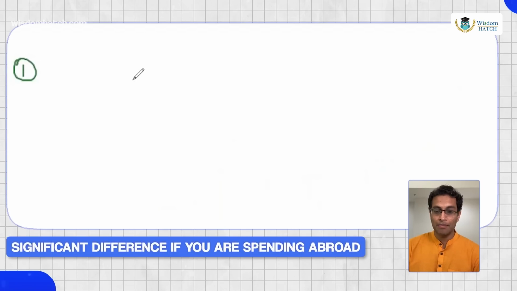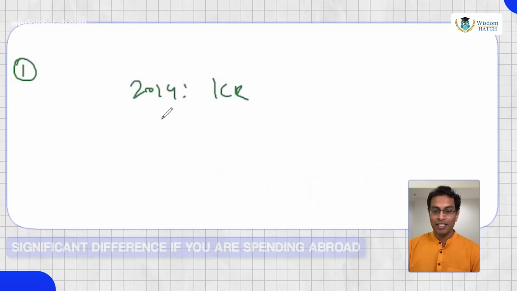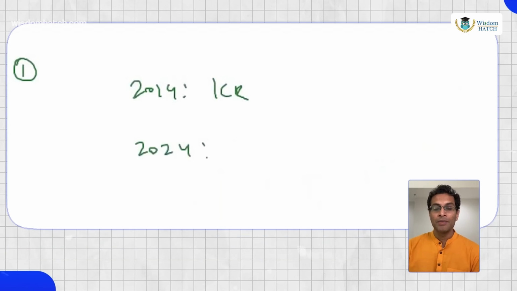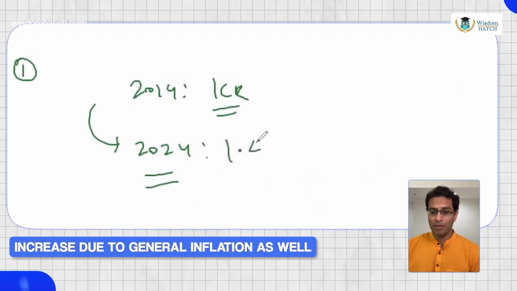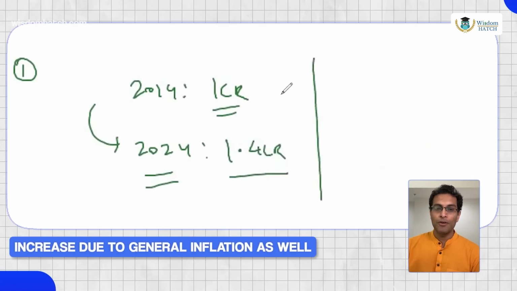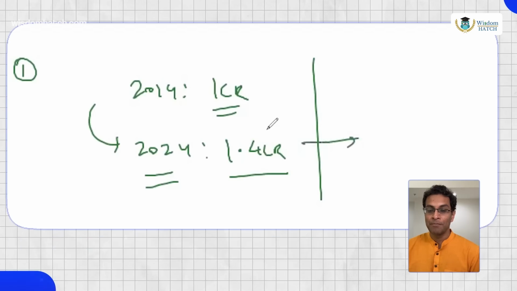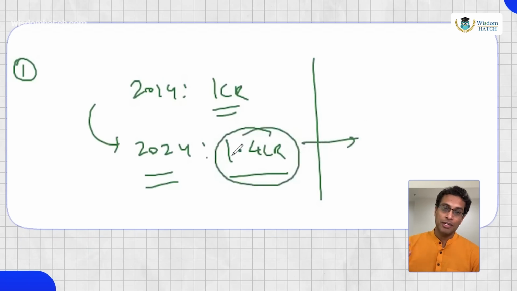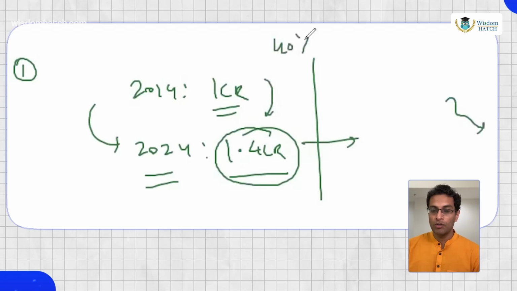cost for you. So for example, if I were to, let's say, INSEAD की फीस 2014 में 1 CR थी, and INSEAD is one of the top schools in the world, उसकी फीस बहुत होती है. I went on a scholarship, so I was lucky there. But if I were to go to INSEAD and pay this same 1 crore fee, then in INR terms will this be 1 crore? No, it will be roughly 1.4 CR. On top of that, there is general inflation in the world. It's not as if कि INSEAD अपनी फीस fixed रखेगा. Every year it increases its fees, so इसकी फीस बहुत हो जाएगी. Okay, but because of currency depreciation, which means INR falling, I have to pay 40% more amount just because of